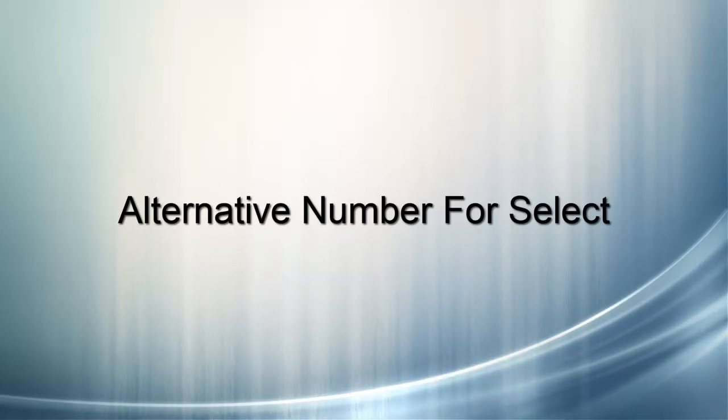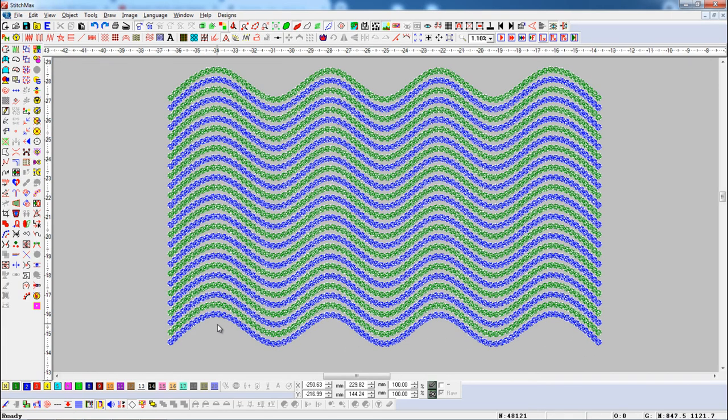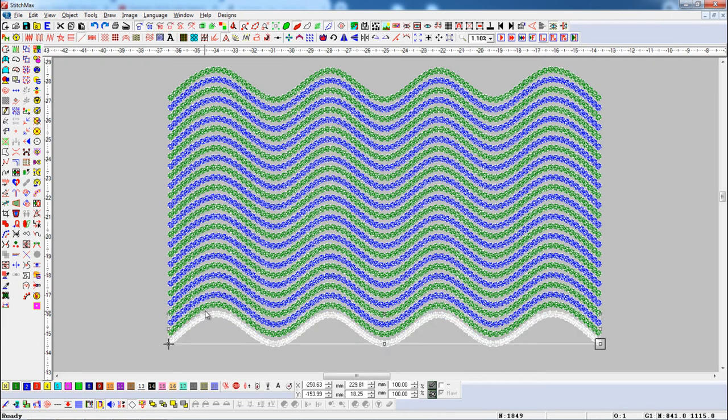Alternative number for select. With this tool, we can select the object alternately, according to the specified parameters. Here, we have some line object. Now, if we want to select a line by alternative,